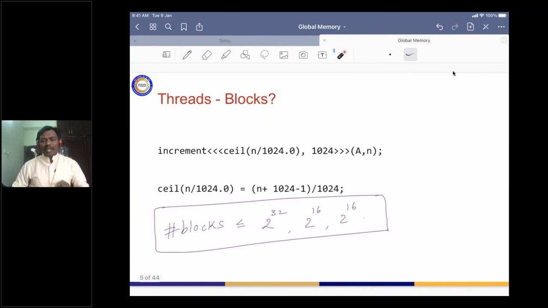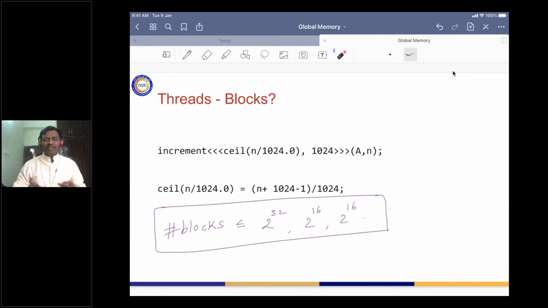This point I am going to reiterate from the previous class. If you want to launch a lot of threads, this is a very common question people have asked, where we want to process n elements, and of course n is known at runtime, and hence we would also like to launch n threads, right?